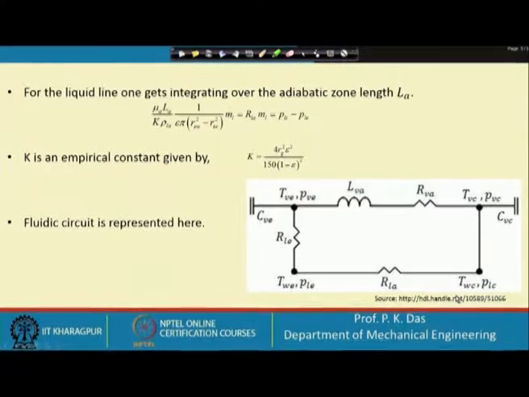In the fluidic circuit we can see that there are different resistances, and there are other kinds of elements also. So, with that we can write down the fluidic circuit for our conceptual understanding, but we have already written the equation. Now, whatever I was telling, let us move to that.